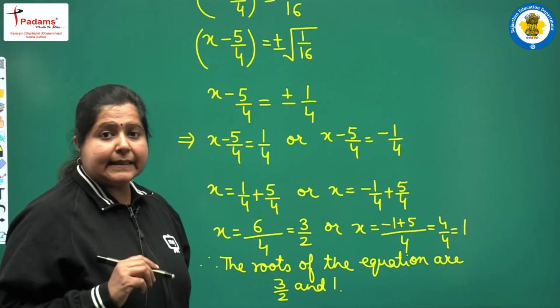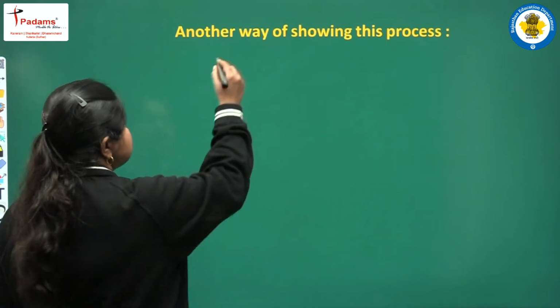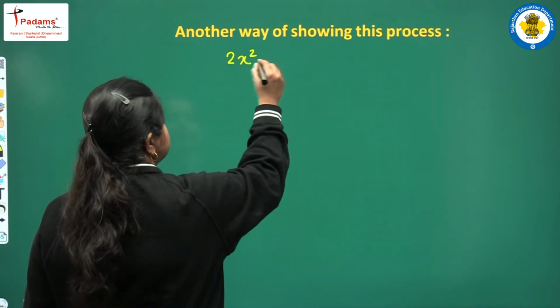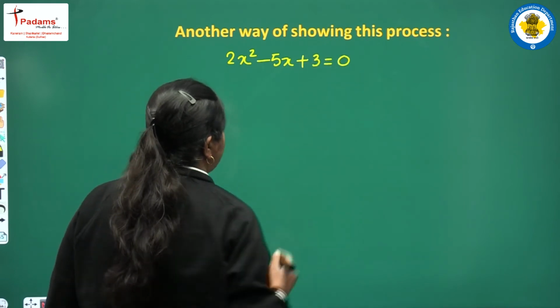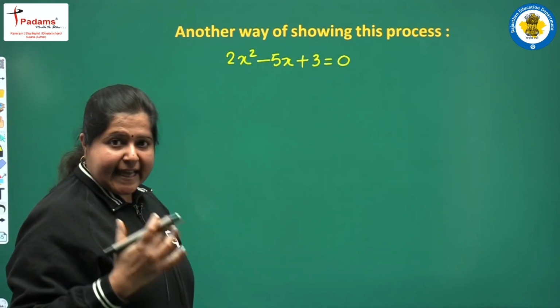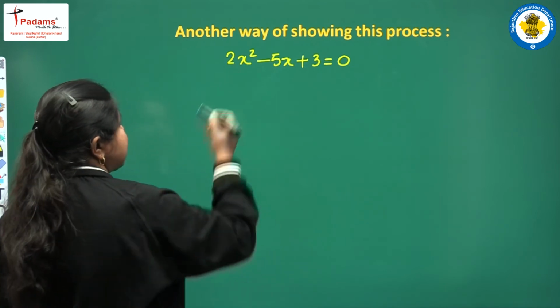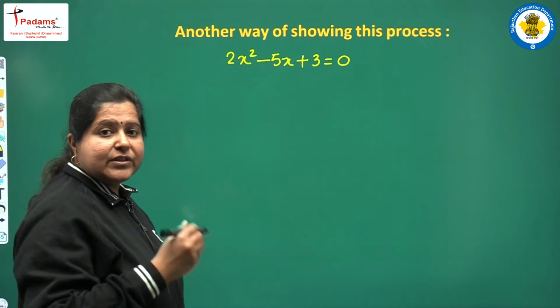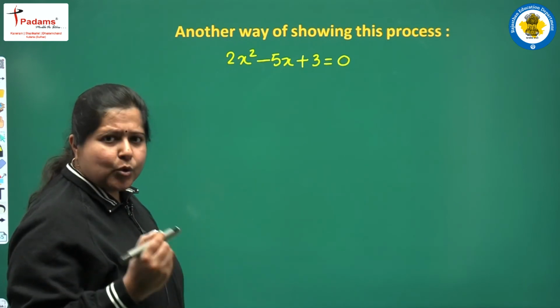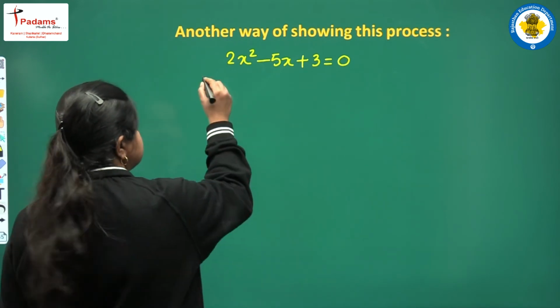Okay, now there is one more approach by which we can solve this equation by the method of completing the square. The equation is 2x square minus 5x plus 3 equal to 0. एक और तरह से भी हम इसे अप्रोच कर सकते हैं। कैसे, देखिए आप, यहाँ पर x स्क्वायर का कोएफिशिएंट है 2, तो 2 से डिवाइड करने की जगह अगर हम इस इक्वेशन को 2 से मल्टीप्लाई करें तो क्या मिलता है, देखते हैं एक बार।